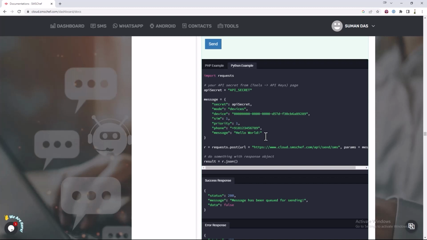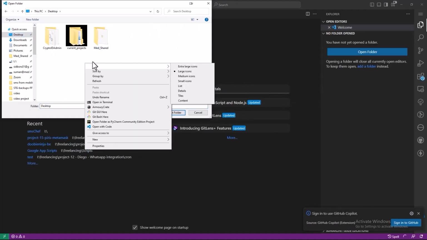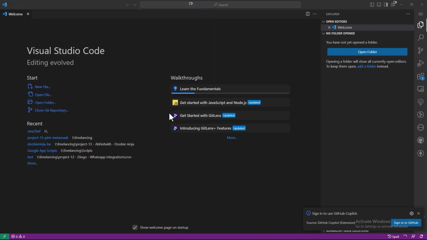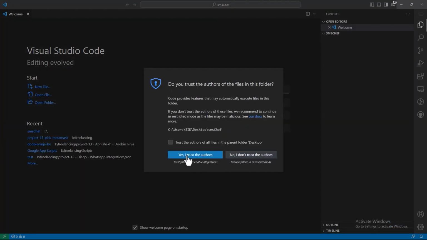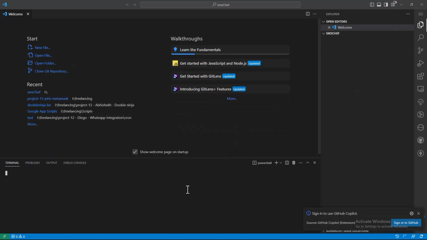Okay, so fire up your VS Code. I'm going to use VS Code. You can use any code editor you like. Now I'm going to create a folder especially for this project. Okay, now the first thing we will do, we'll create a main.py file,